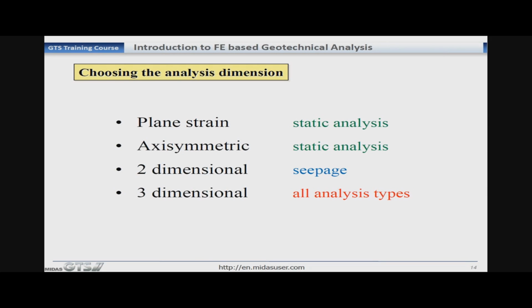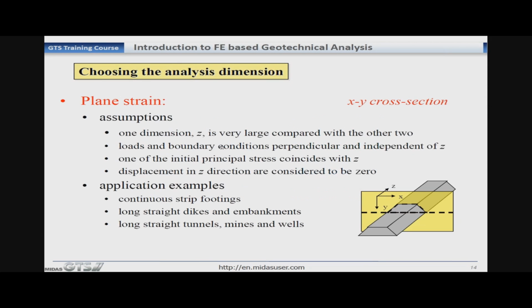Now let's talk about the different types of elements that are available for performing the finite element analysis. So as you can see, the plane strain material element can be defined, the axisymmetric material can be defined, and plate element or the three-dimensional element such as solid element can be defined. And here is a list of the type of analysis that you can do with these types of elements. So let's talk about the different types of elements one by one here.